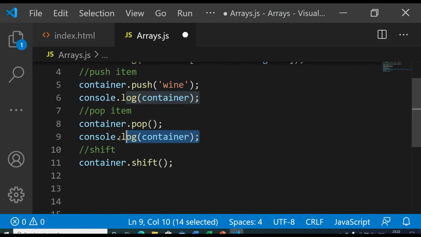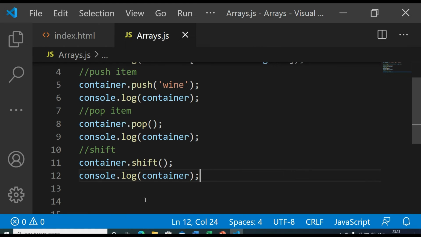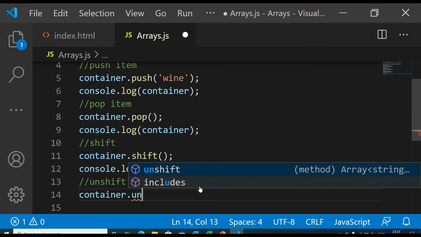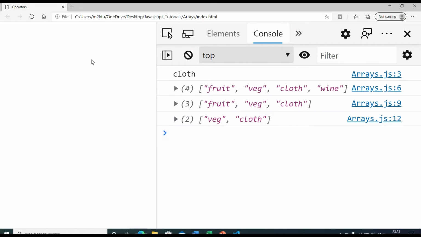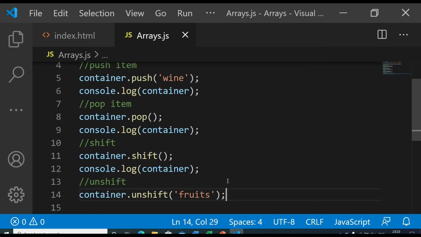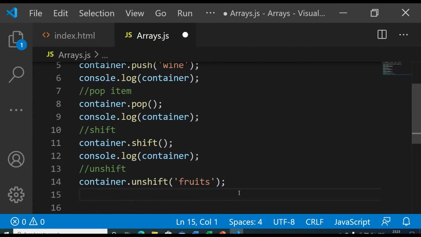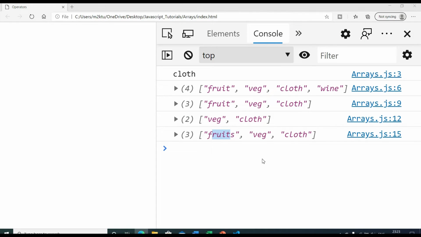If you print container after using the shift method, the first item will be gone, so only veg and cloth are there. Then the unshift method inserts an item at the first index. Let's push fruits at the first position using unshift, and I forgot to log it, so log it also, save and refresh, and again you will have fruits.